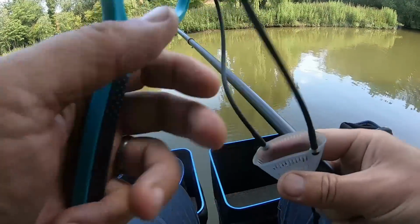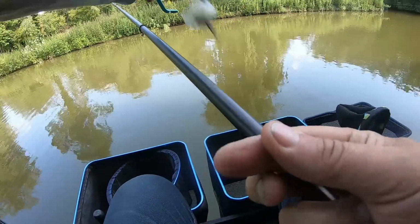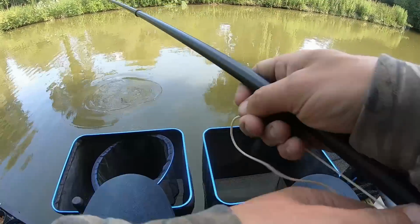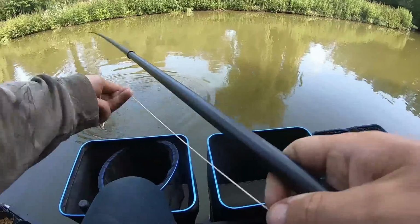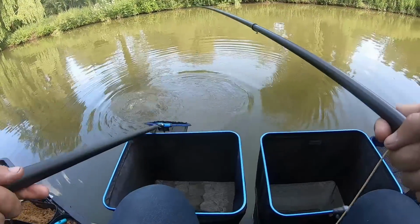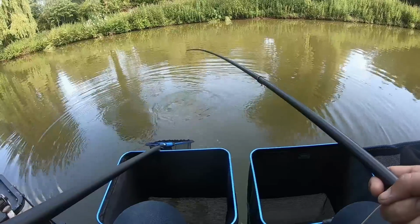Right then guys, first fish on. I've hooked 2 that stayed on for less than 10 seconds. Fishing over there, just slapping, and then I saw a ghostie come into the swim just literally a few inches away from where I'd slapped,